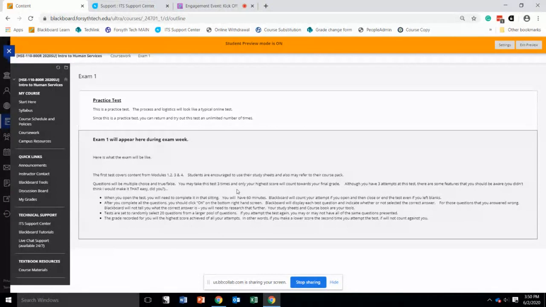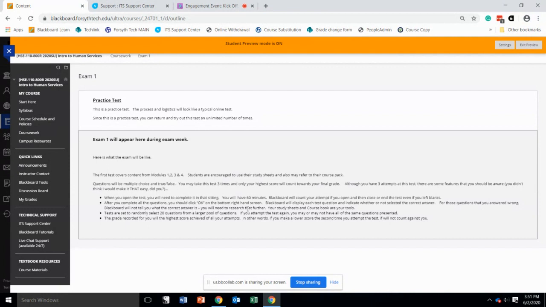Now, when you open it, it will set a timer for 60 minutes. I extend that if you've been given any accommodations through the Disability Services Center and you've been approved for that, they'll send me the information and I will set your exam for whatever accommodations you've been set for. So if you're time and a half, you get more time than that. But otherwise, it'll be for 60 minutes.